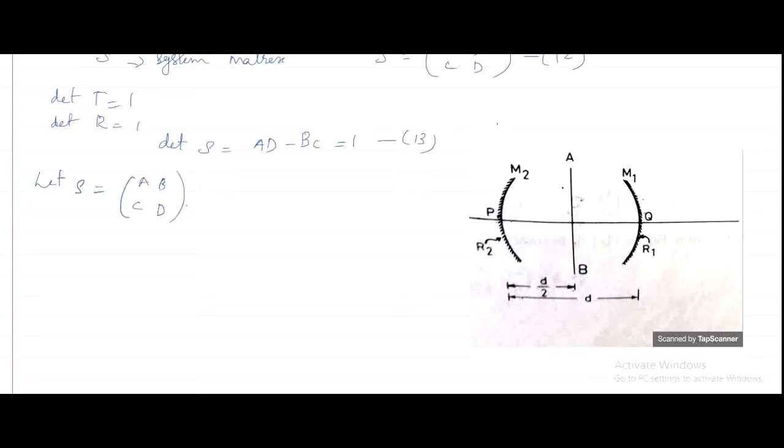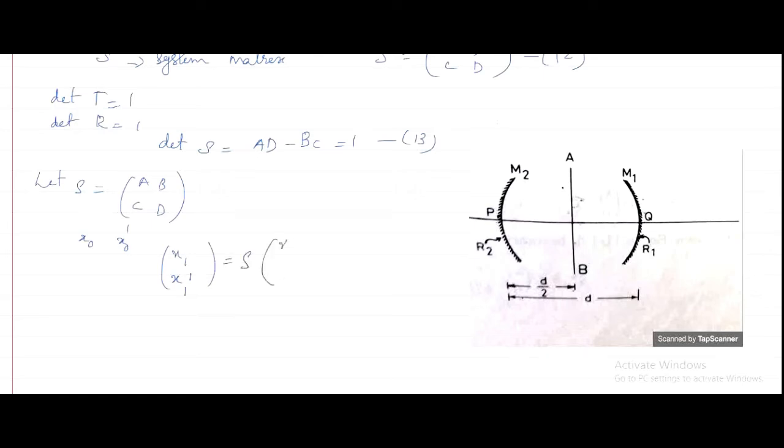It represents the matrix for one complete traversal of a ray starting from a plane AB. Let the coordinates of the ray be x0 and x0 dash when it starts from the plane AB. Then after one traversal, the coordinates of the ray x1, x1 dash equals S